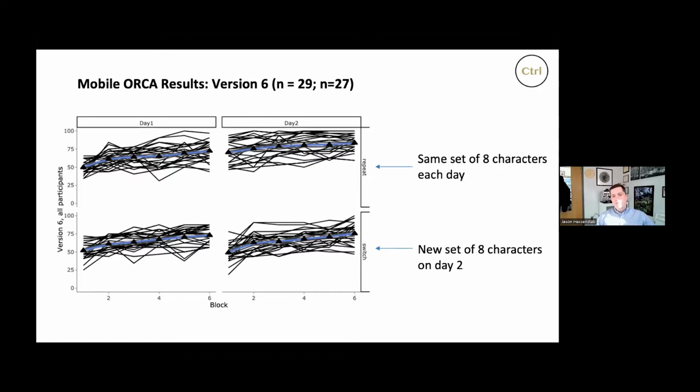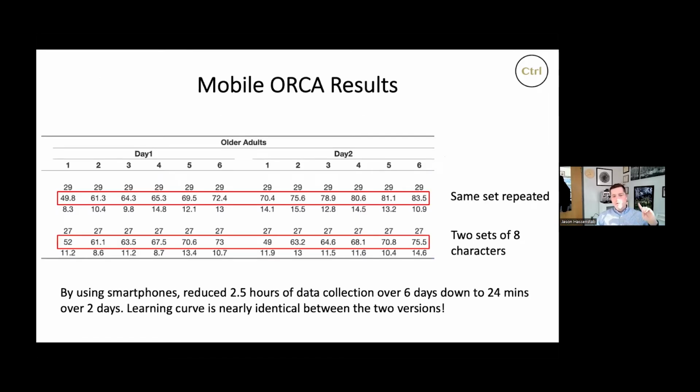And what I think is remarkable is that this mirrored almost exactly the learning curve that we saw in the original task, which was 2.5 hours. So this is the same data, just presented in a different way. You can see that they both start at essentially chance, and then they end up at about 83%. And then this goes 52, 73, 49, 75. So when we switch to new characters, the learning curve basically totally reset itself.